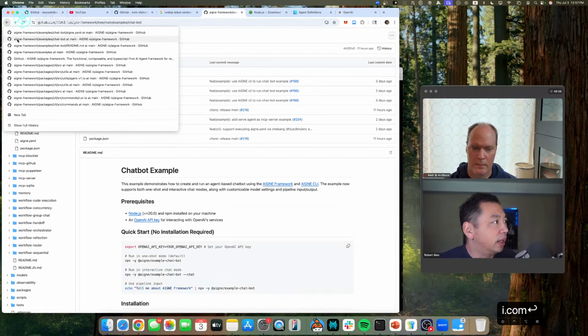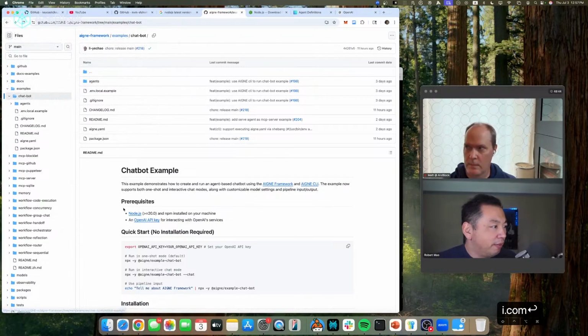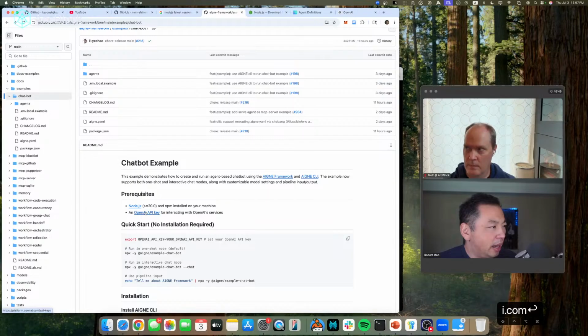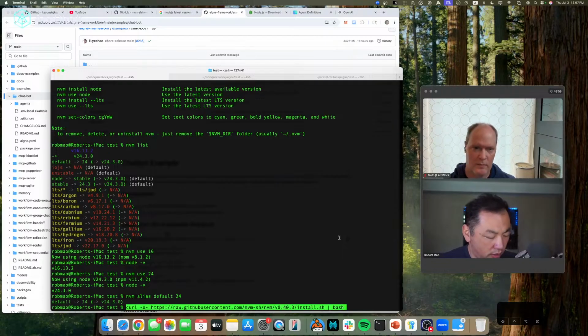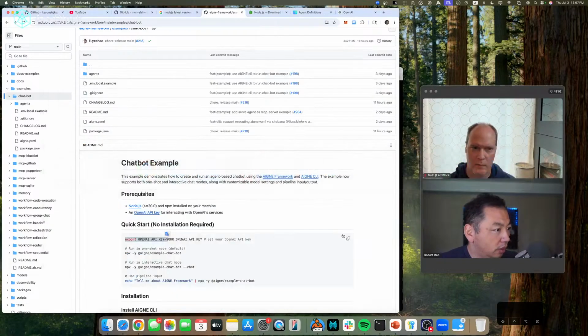So when I go back to this, you have Node.js installed, you have the OpenAI API key, and on the console, you need to run this command. Sorry, not this one. You need to run this command.